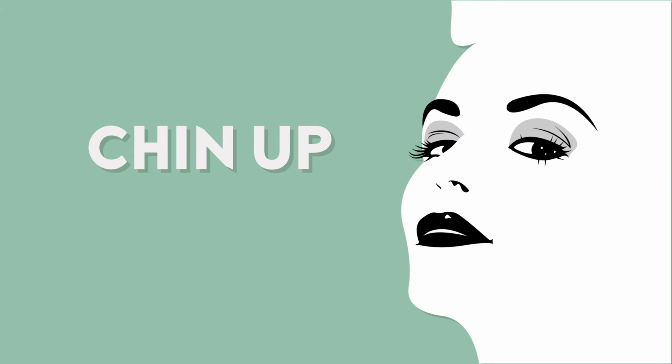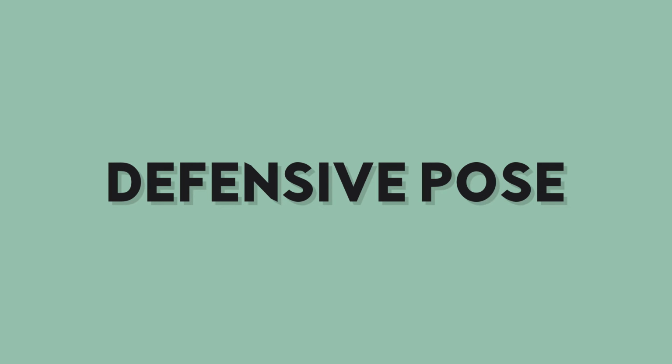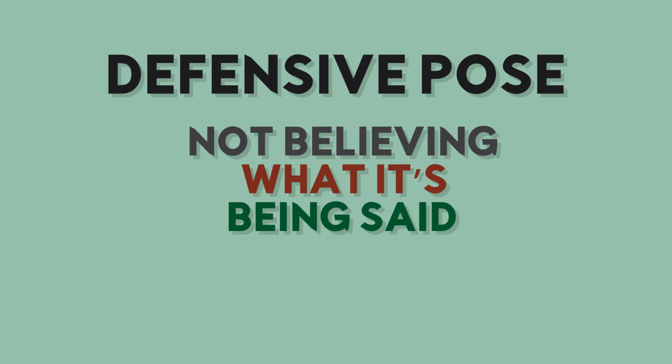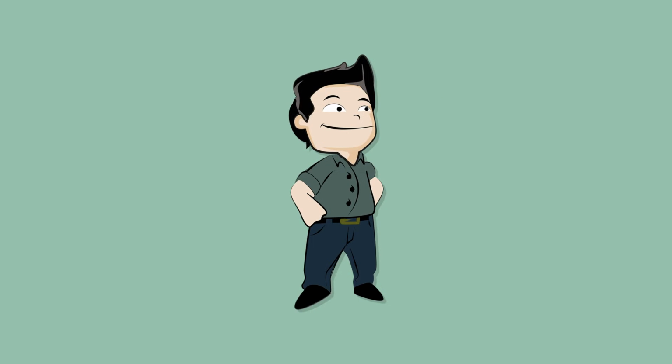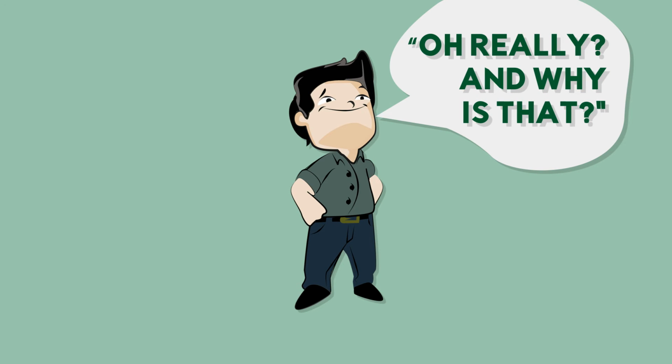But there is another reason why you should choose to have a character perform a chin up. This can be used as a defensive pose. And because it's a dominance behavior, it can mean that the character is not believing what is being said, or that he disagrees or disapproves. Maybe Alice told him that he was not invited to a party. Ugh. He could do a chin up, and then say, "Oh, really? And why is that?" You can clearly see that he's not very happy about it, even though he is trying